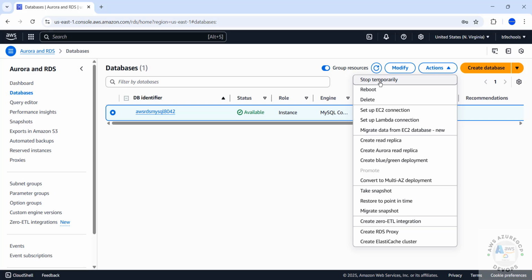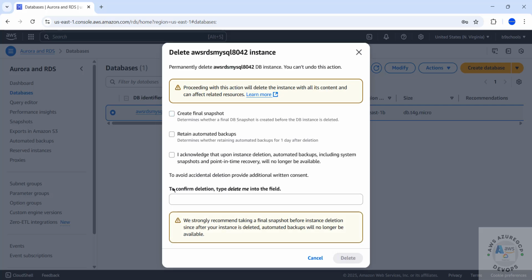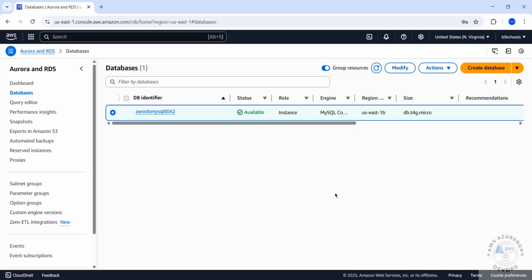I strongly recommend, if you are not using it, delete it. And if you want to reduce the costs, stop it temporarily, because charges are based on the usage. If you want to delete, select it, select this acknowledge, and you have to type delete me, and then click on delete. This is the way. So in this video we have seen how to create or set up an AWS RDS instance for MySQL Server 8.0.42. Then we have seen how to connect from the